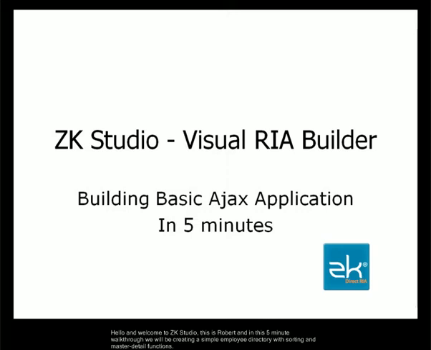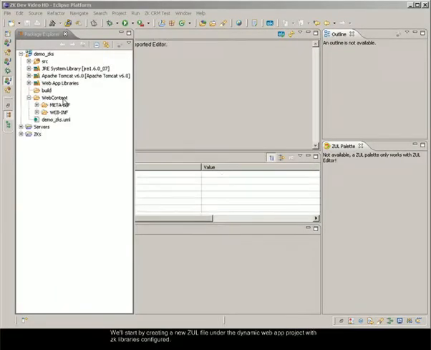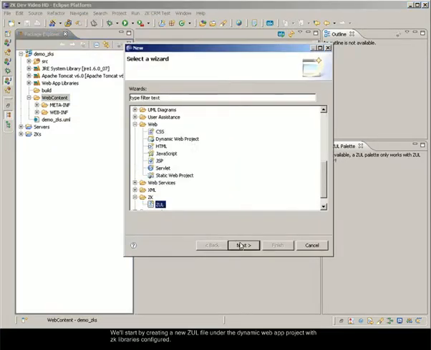Welcome to ZK Studio. This is Robert, and in this 5-minute walkthrough, we'll be creating a simple employee directory with sorting and master detail functions. We'll go through the visual design by drag and dropping ZK Ajax widgets to rapidly compose a user interface. We'll start by creating a new ZUL file under the Dynamic Web App project with ZK libraries